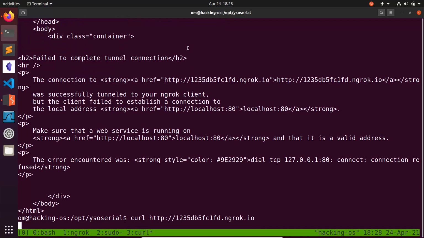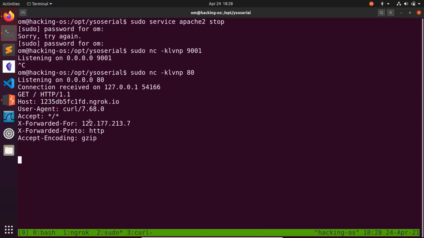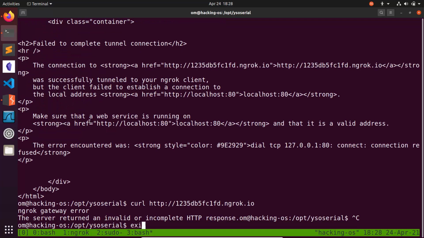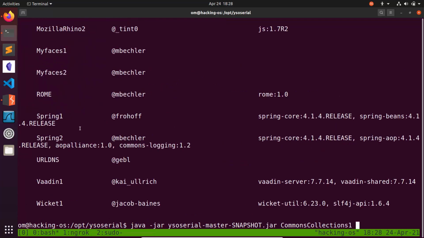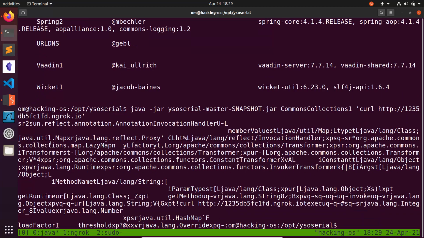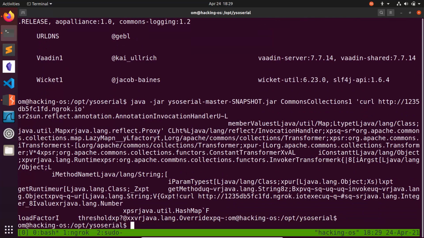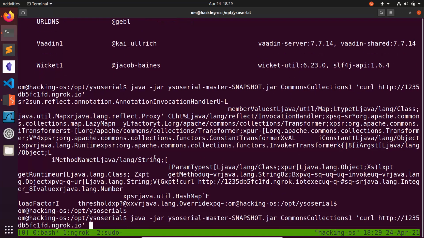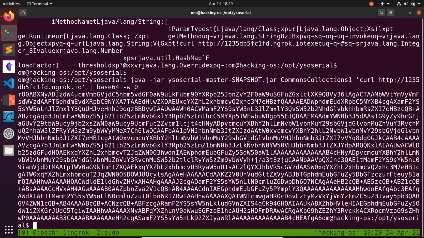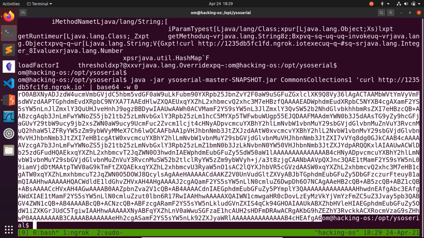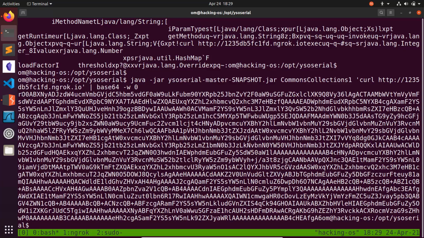And now if we do a curl, we should see our request come through. So we can kill this, go back to our ysoserial payload and type in curl and then the URL. Now we see all these random bytes. We can now pipe this over to base64 with -w0 to disable word wrapping, and now copy all of this payload. And you can see that it also begins with small r, capital O and 0, since it is